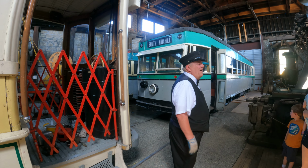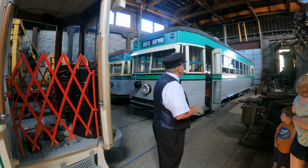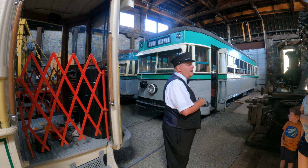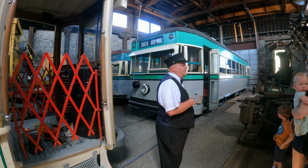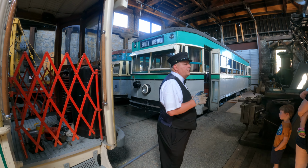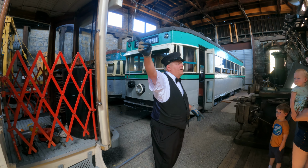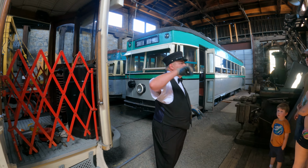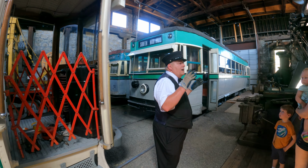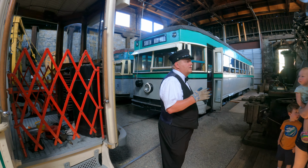And did you guys buy this from somewhere else, or was it originally new here? It was originally new here in 1930, and these ran here until 1947, then they were sold to Portland. And then when Portland quit using it in the mid-50s, Bob Hively, a Seattle butcher, bought all three of them. So we have this one, the sister car right over there, and then there's one that a tree landed on while it was sitting in Snoqualmie, which is our parts car now. He basically bought all three of them and kept them at the Snoqualmie Railroad Museum, and then he passed away, and we were finally able to buy them